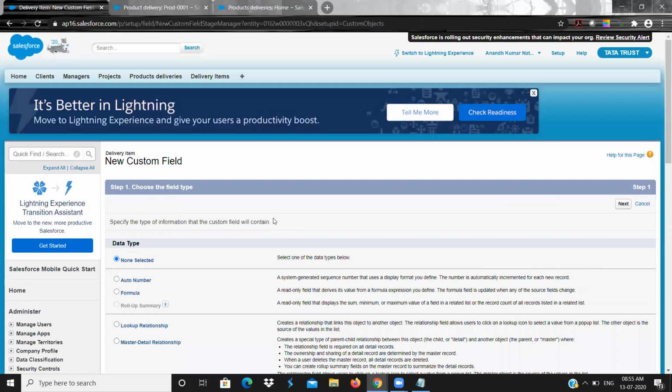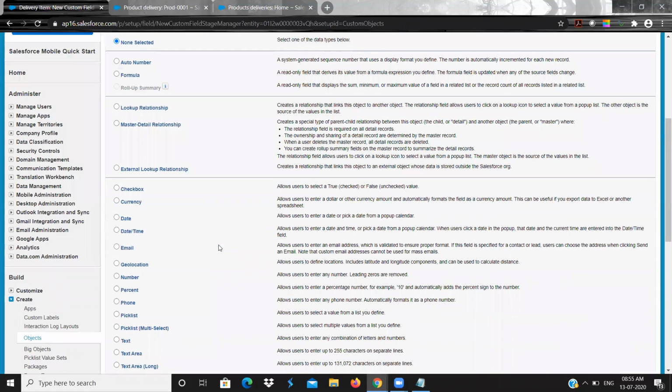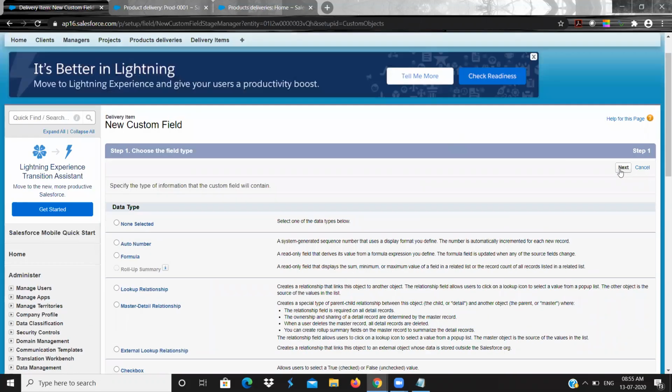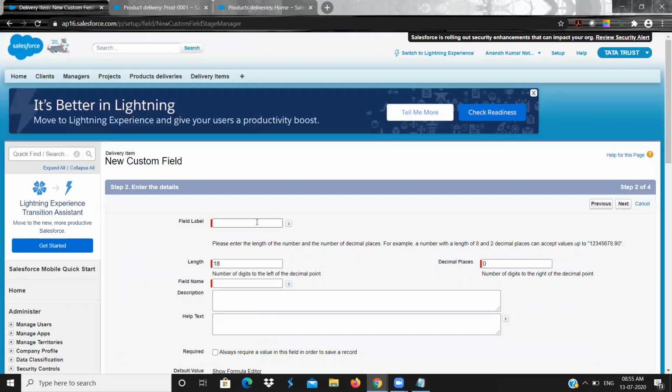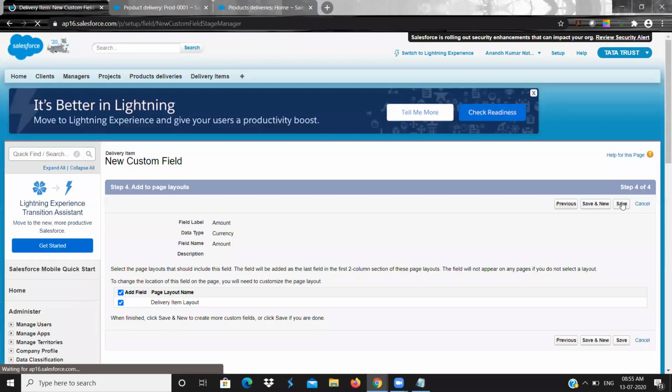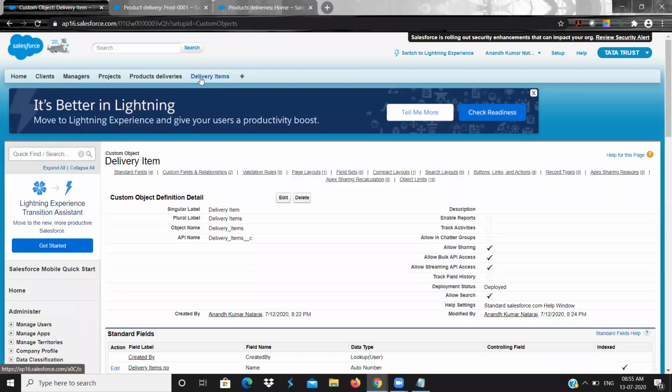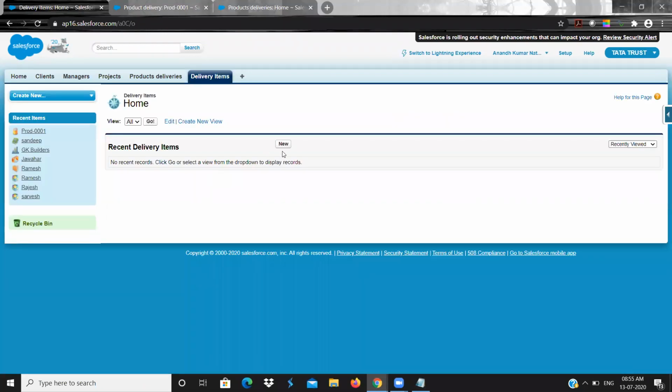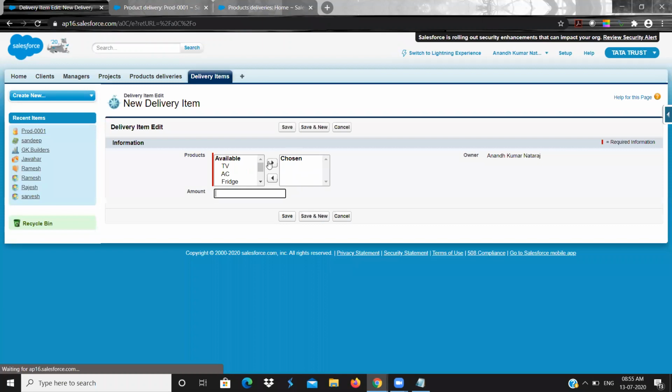And I wanted to have currency to check amount. So that is amount. So just click on next. So if you go to the delivery item, delivery item will not have any specific information like name of the customer, when he has purchased anything.